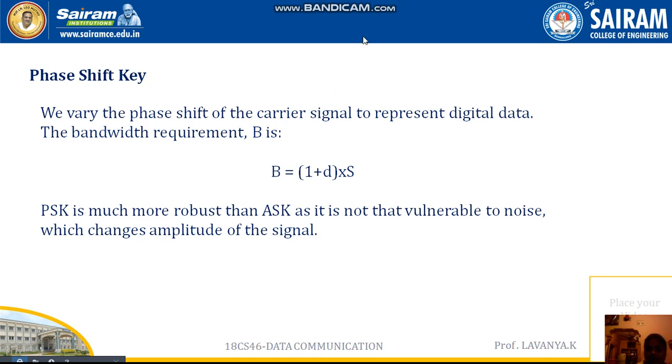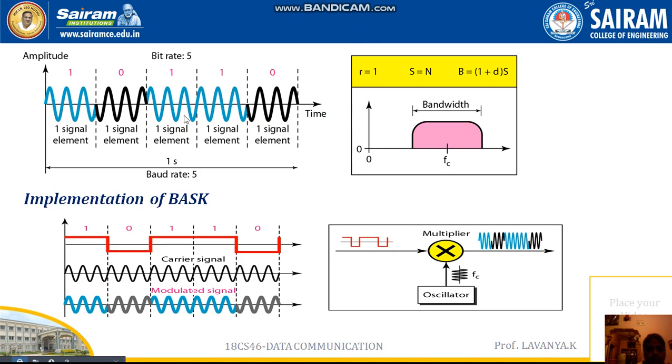Here, look at this. This is the diagram of our phase shift key. If the data value is 1, that is 1 bit, then during that time the signal or the peak should start from the 0th degree. Look at this diagram. The data value is 1 here, and our phase starts from the 0th degree. This is the 0th degree where it starts, and again it ends at the 0th degree here.